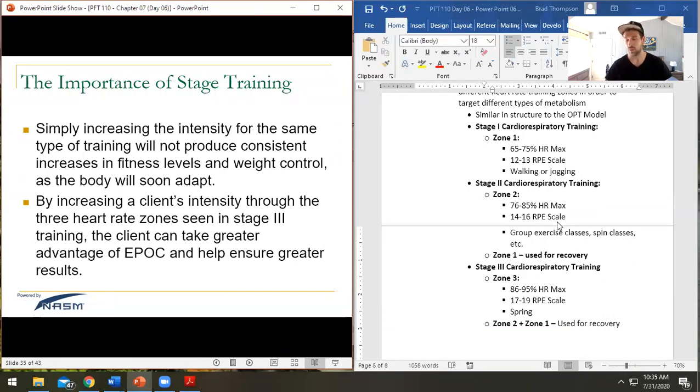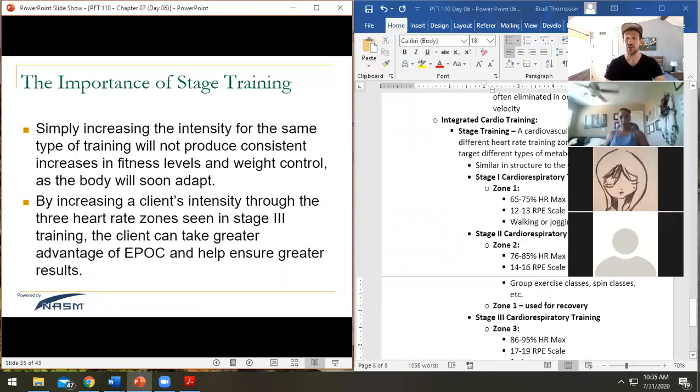Do an uphill sprint followed by a sprint, but no uphill, followed by a no uphill, slow recovery walk, and then repeat. That's always a really great way to use all 3 zones. So, stage training, really, really great, not only because by varying those intensities, you are training different energy systems, but